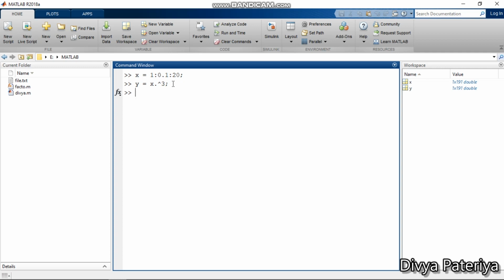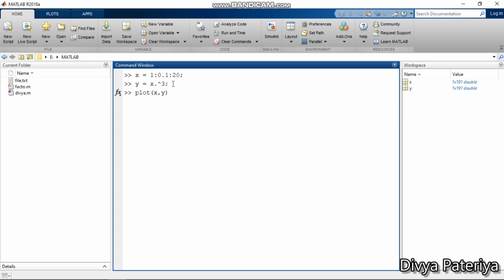So in Matlab, we use the function called plot to plot our coordinates. So we will first write the function called plot. And now the first argument that I am going to provide to this function is the vector that I want to plot on the horizontal axis. Suppose x is the vector that I want to plot on the horizontal axis. And separated by a comma, I will provide the coordinates that I want to plot on the vertical axis, which